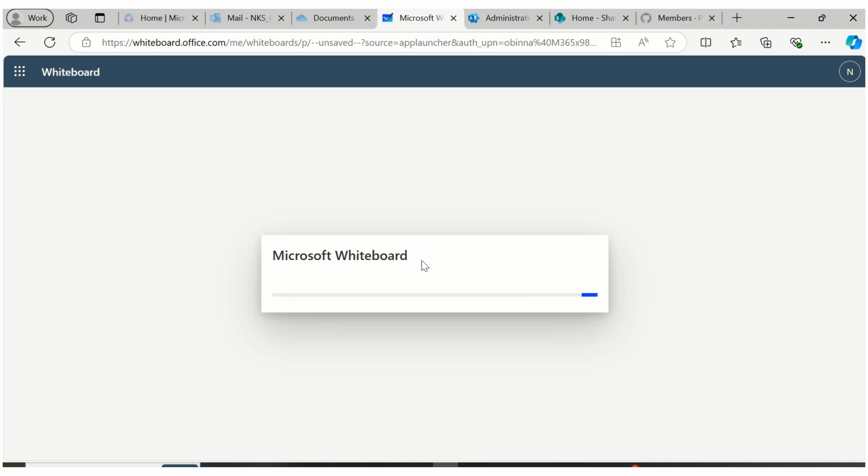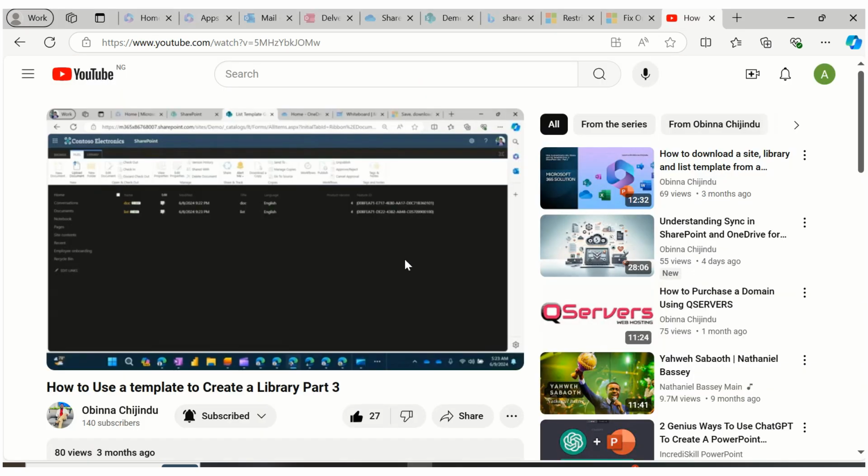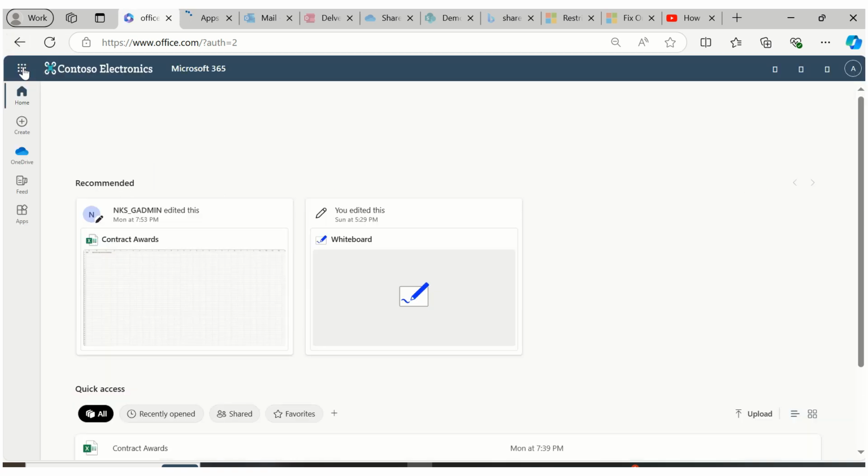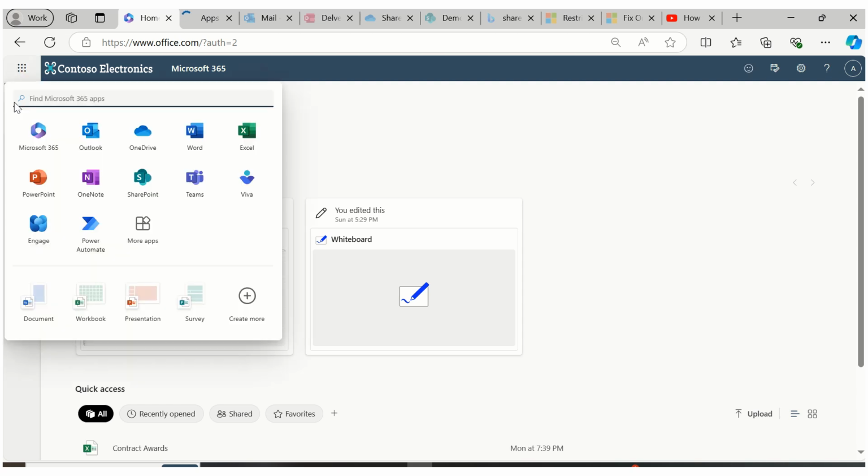How do we interact with the SharePoint ecosystem? Very simple, guys. I'm going to switch to a user who has been given a license by the name Adobe. So here I'm signed in as Adobe, and then log into office.com. From office.com of this particular user, just wait for it to open. All I just need to do is to click on the waffle, the app launcher on the top left,